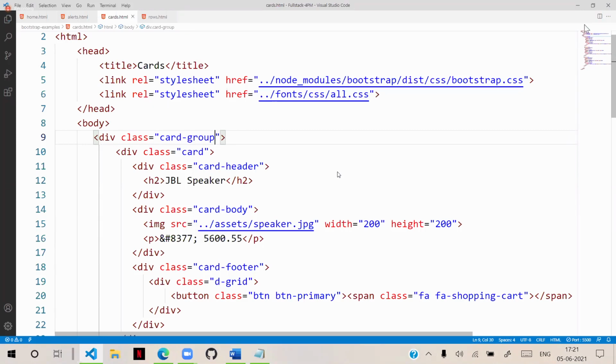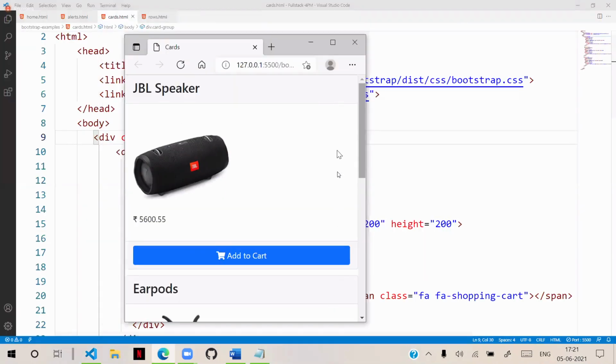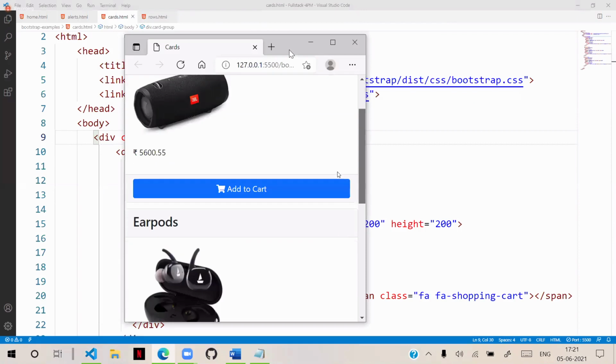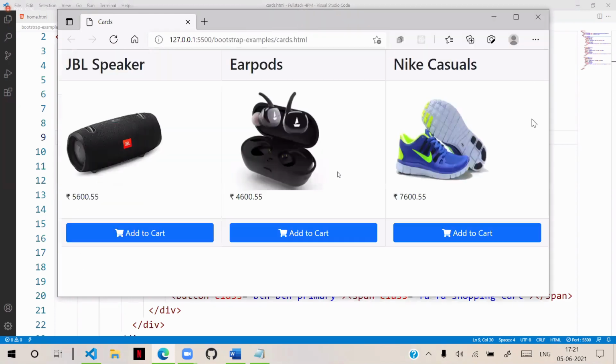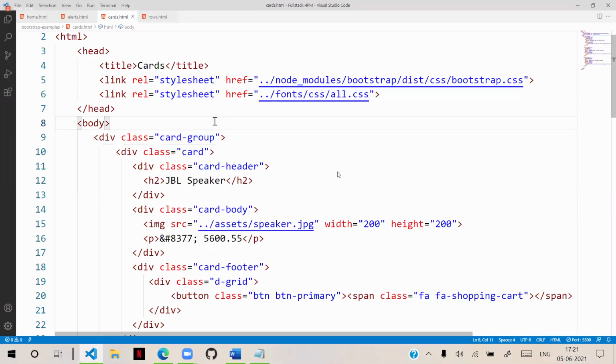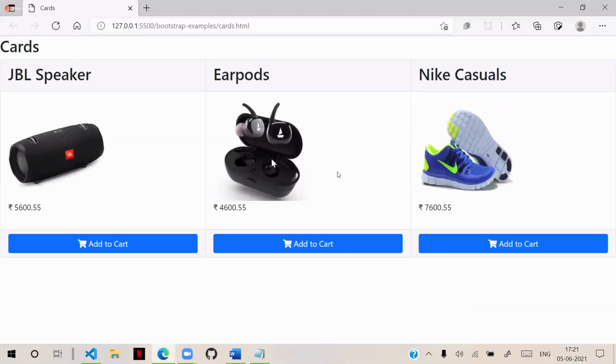And very important is that it's flexible. I am adjusting the width, so then it will be one below another. And when I change that width, then it will fit like this. It will be according to the width, flexible designs will come. That is the card group. That means we are configuring this, so the cards we are displaying like this, and they have different appearance.